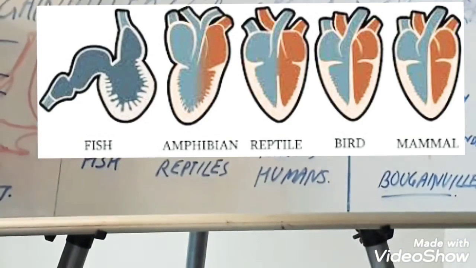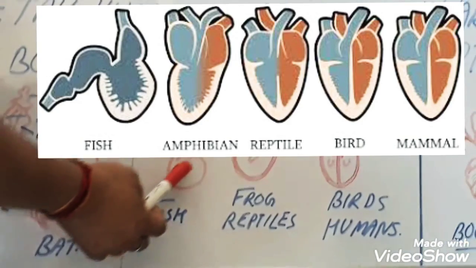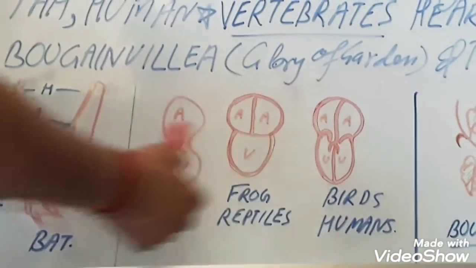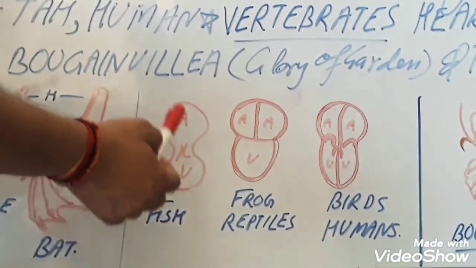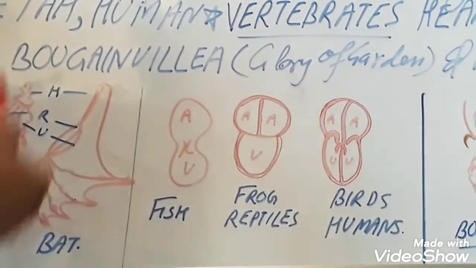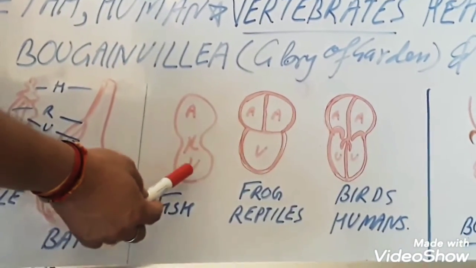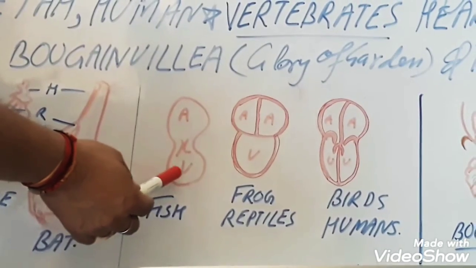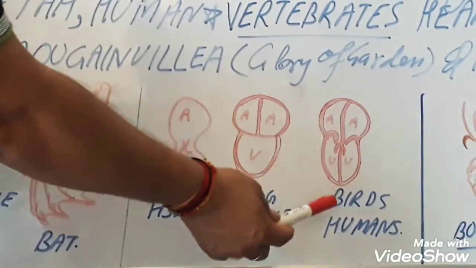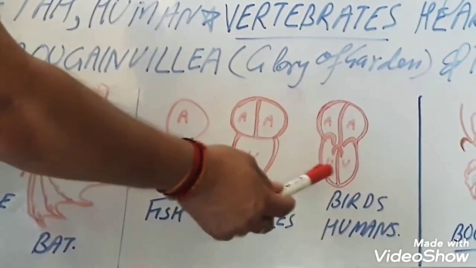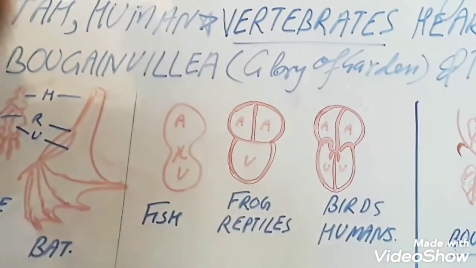Now, the main difference is that anatomically, the muscle functioning of all these hearts is the same, but they are different in their functions. They do not pump only oxygenated blood to the body, while the heart of birds and humans can pump oxygenated blood to the body.